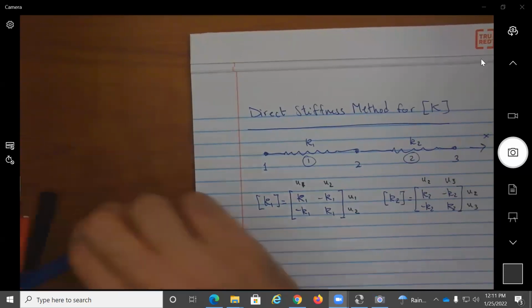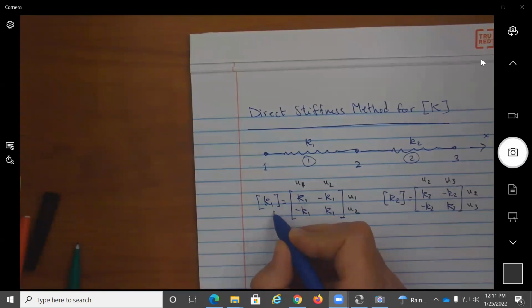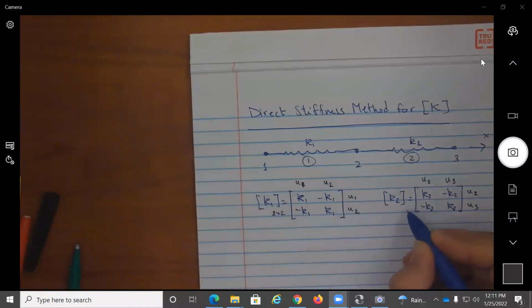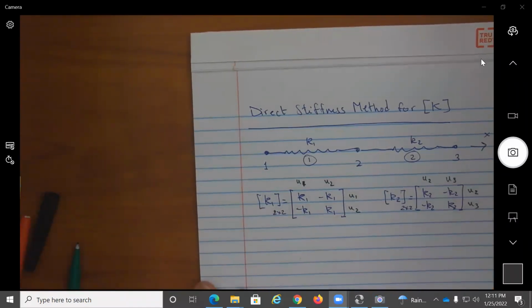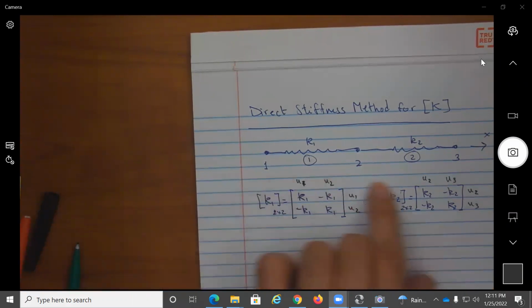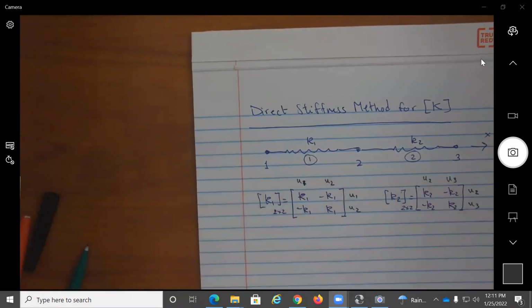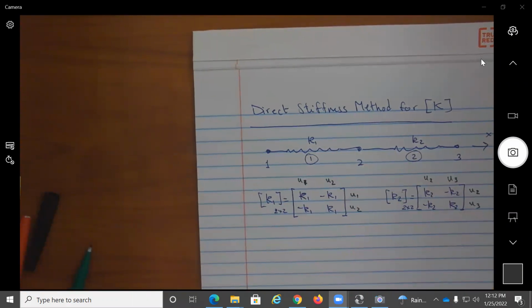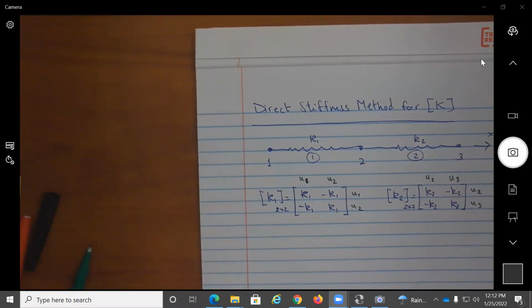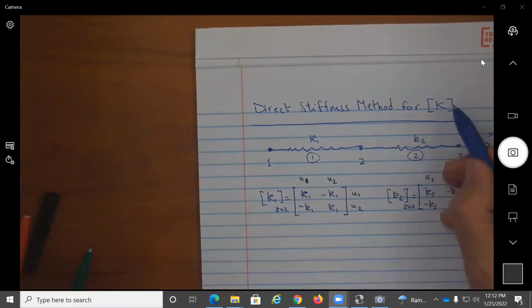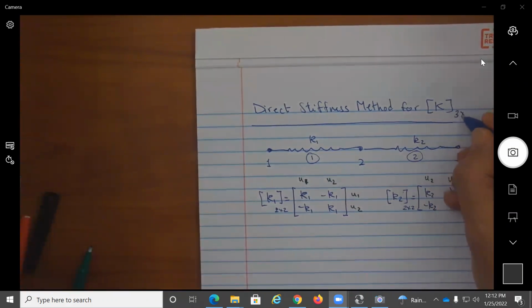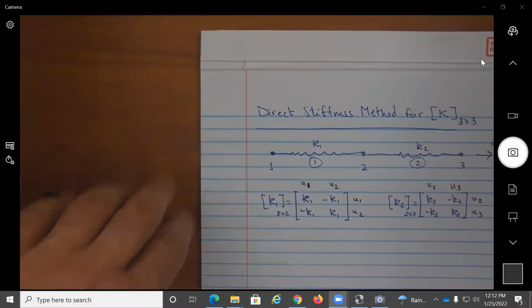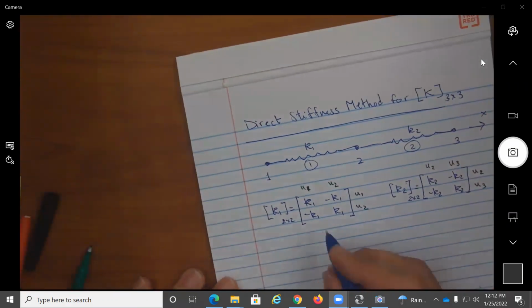So now I'm looking at each of these element stiffness matrices. Both of them are a 2 by 2. And when I'm looking at the entire structure, I have 3 degrees of freedom, U1, U2, U3. So we understand, based on the number of global degrees of freedom, the global stiffness matrix K is going to be a 3 by 3. In the direct stiffness method, I'm going to say here that in order